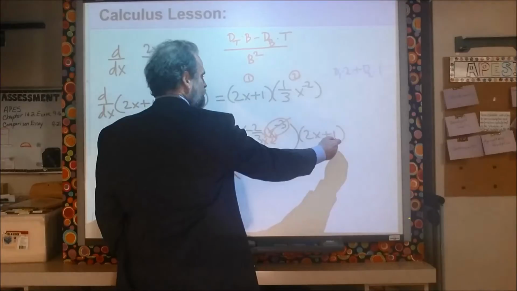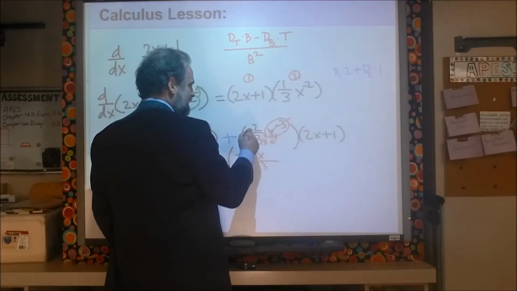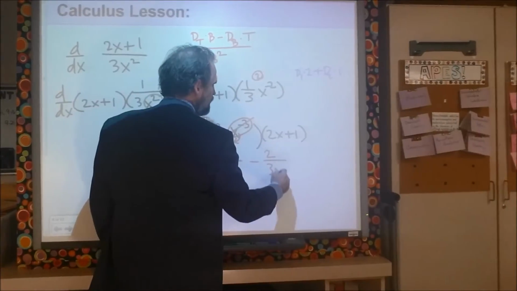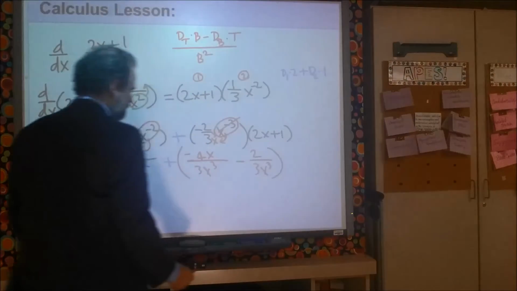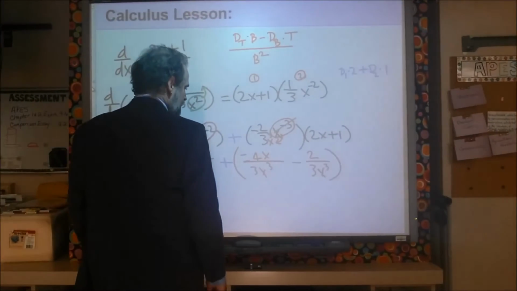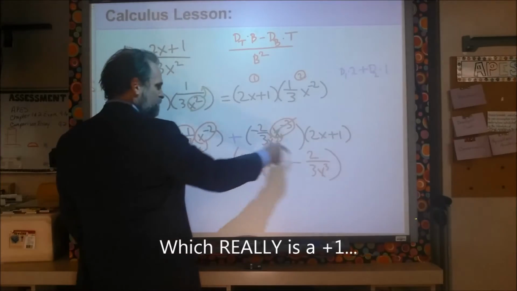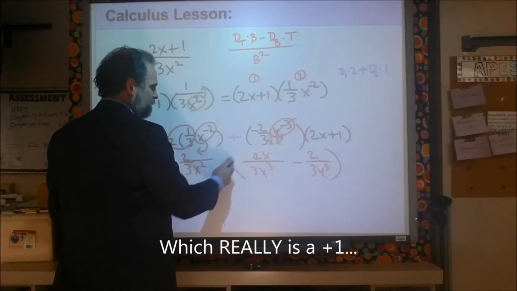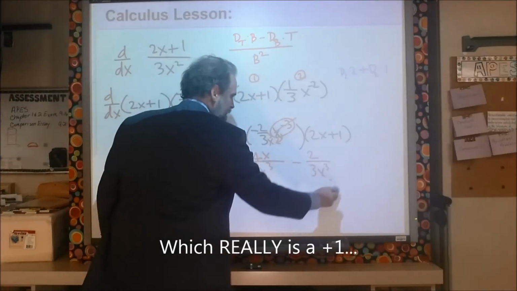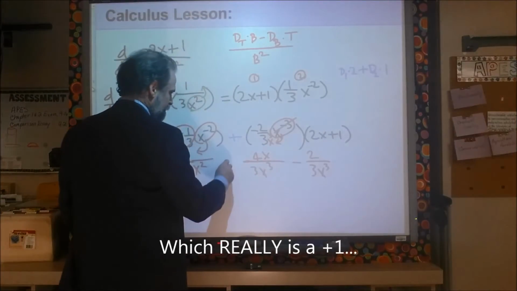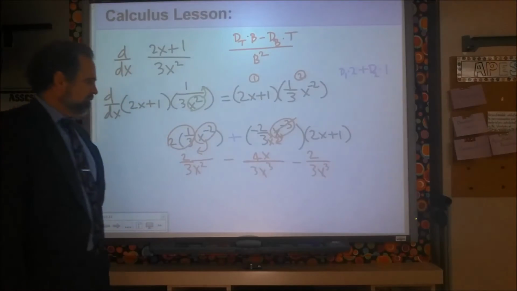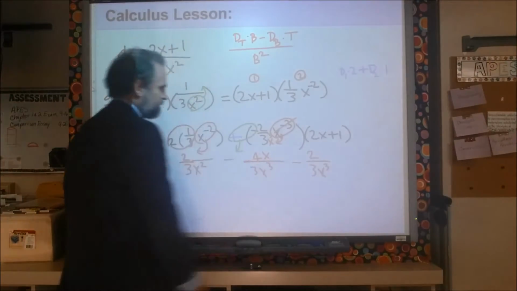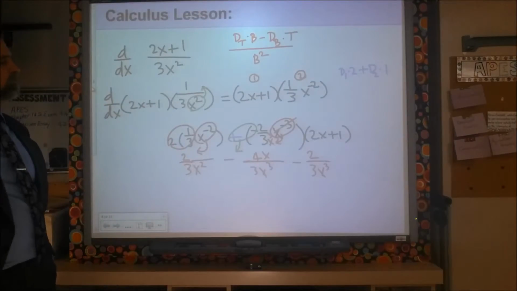The second term is 1 times that term. That term is negative 2 over 3x cubed. So negative 2 over 3x cubed is the second term. Now, since this is a plus, when I distribute it through, it doesn't change the signs, does it? So let's go ahead and make that minus and minus. Okay? By combining these terms, right? So